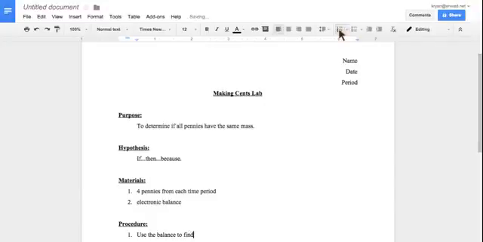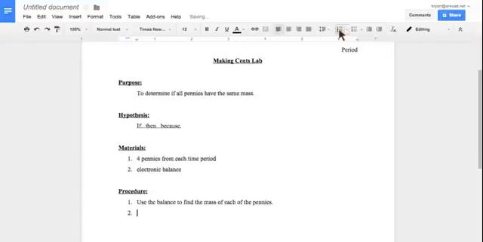Use the balance to find mass of each of the pennies. And record those results. And third,